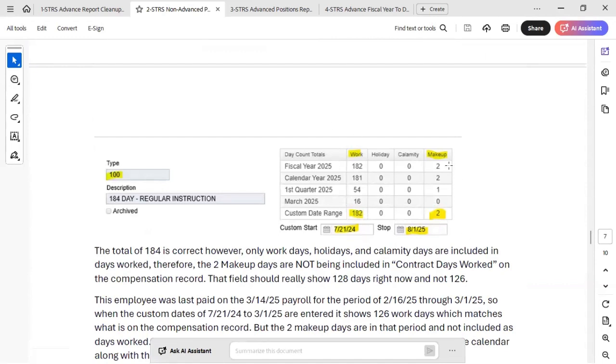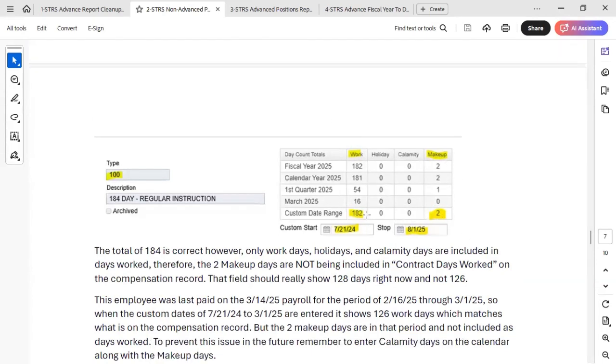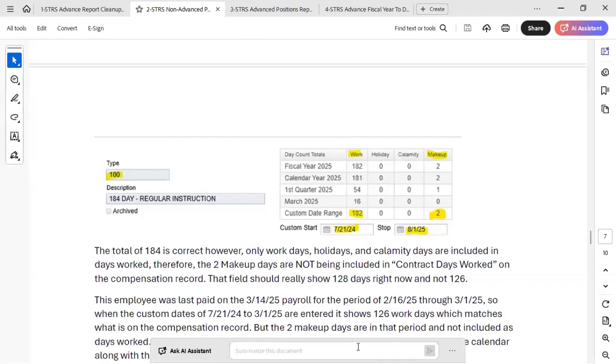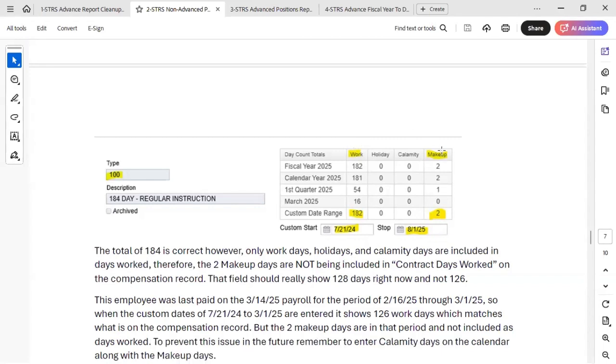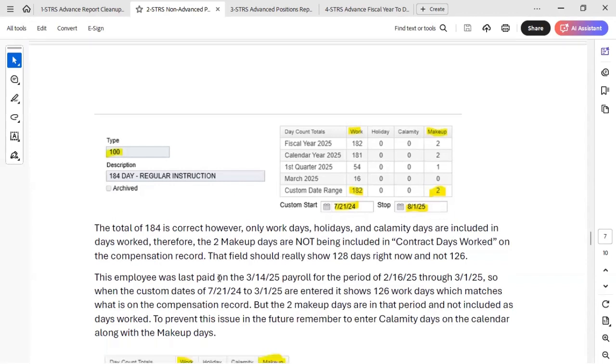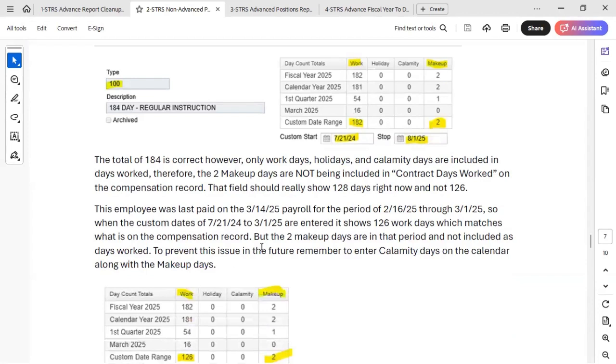Work days are 182. Makeup days are 1 or 2. So 184 days total, right? So you think, oh, okay, yeah, that's right. It was 184 work days. Well, keep in mind that for days worked, it does not look at makeup days. So if those 2 makeup days were on the calendar when payroll was processed, those weren't picked up as days worked. So I just verified by looking at, again, the first payroll for the contract